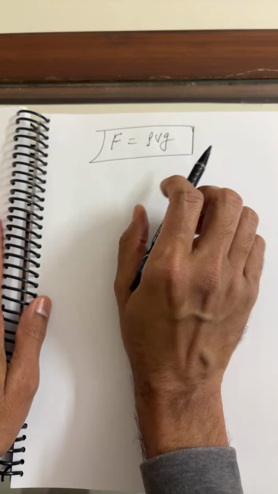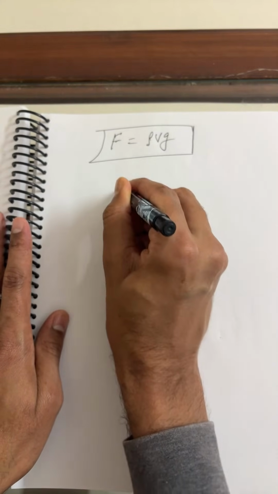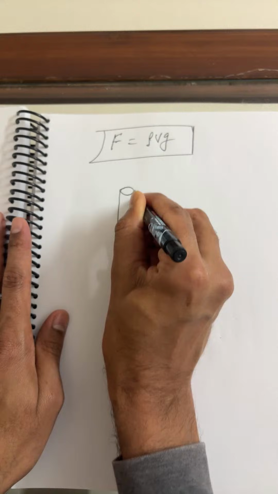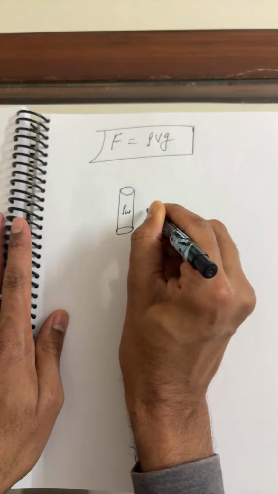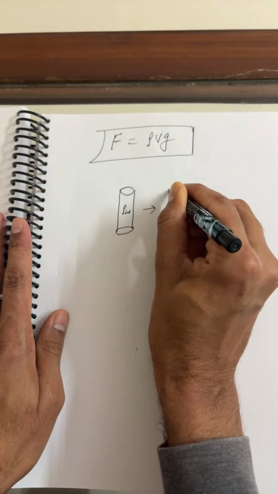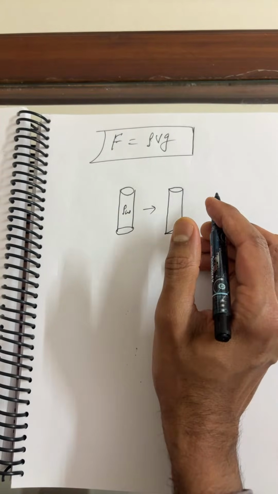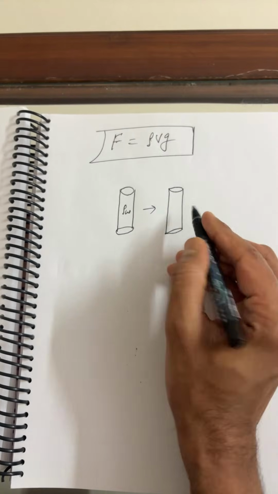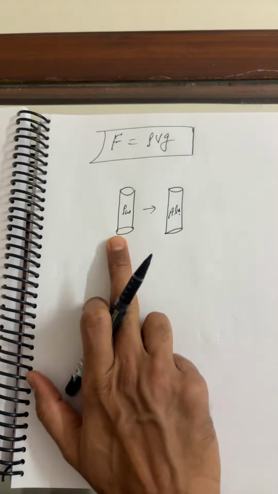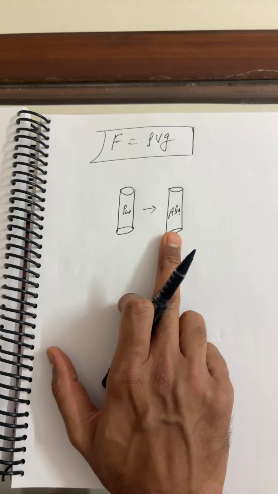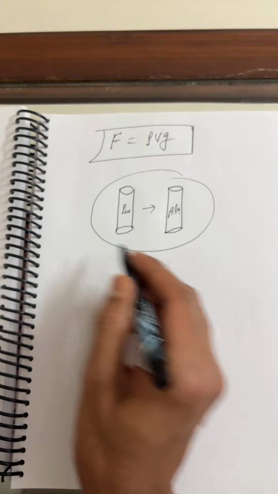That's all. If we replace this cylinder by another cylinder, suppose the cylinder I took previously was made of water only, with the density of water. If you replace it with another of the same size but different material, say aluminium, so one is a water cylinder and the other is aluminium, the buoyant force remains the same. That is an interesting point.